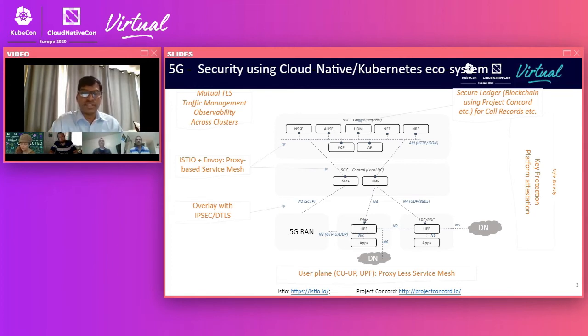Second aspect, which I hope Ramki is around, the blockchain. Ramki was talking about, especially when you have multiple operators sharing some billing data, some commercial data. How do they ensure that those are not compromised? So that's what Ramki was talking about, the ledger concept.